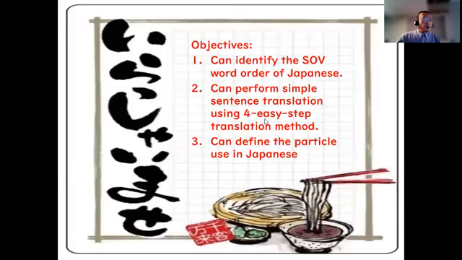Okay, so the objective is that after this short video, you should be able to identify the SOV sentence order of Japanese, and you can perform simple sentence translation using the 4 easy step translation method that I came up with to help you. And number 3 is that you can define the particles used in Japanese. All right, so